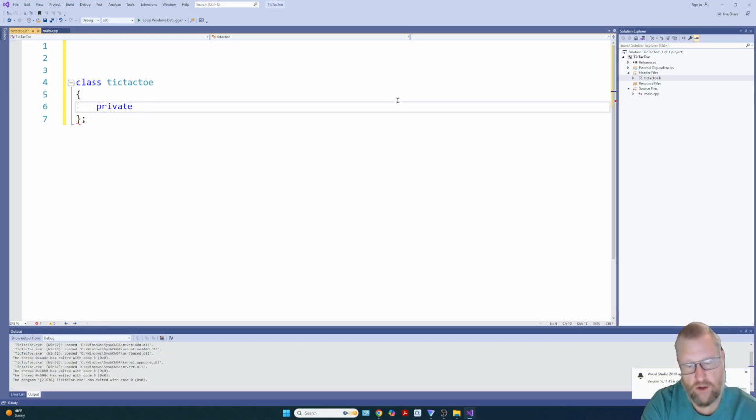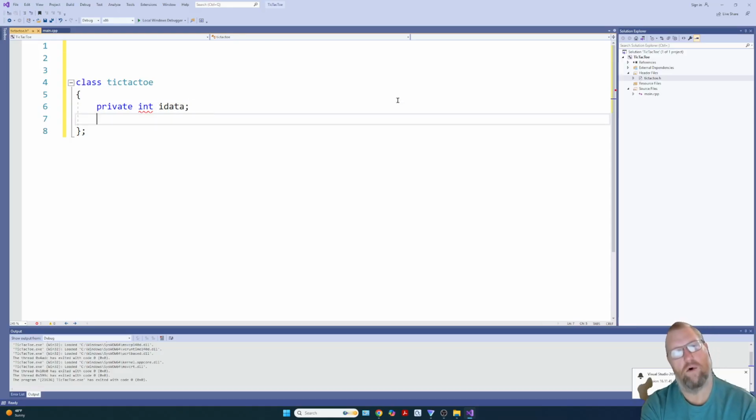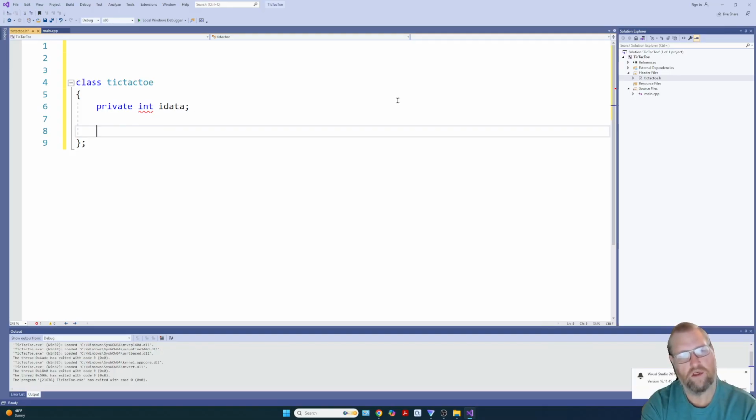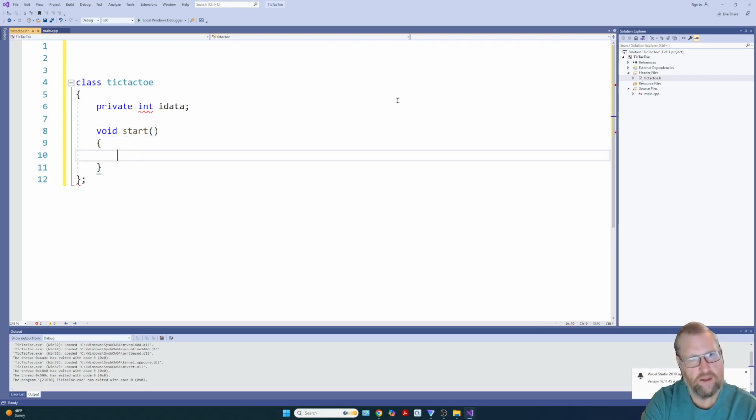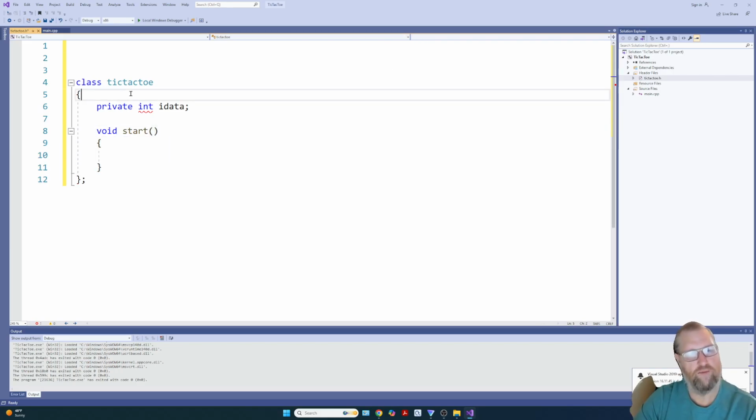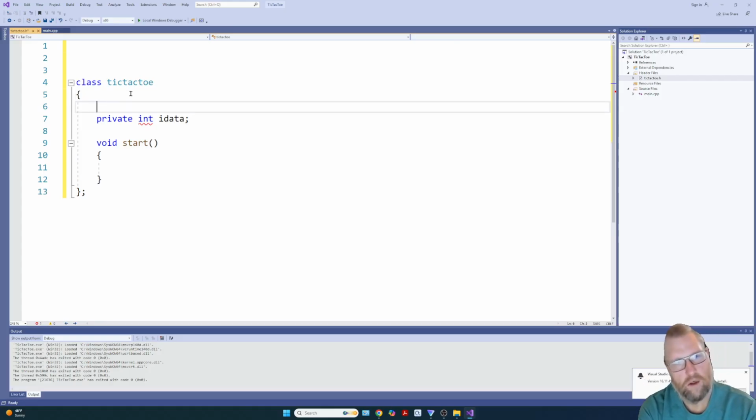We've got Tic-Tac-Toe. We're going to have an int array, and I'm just going to call it data because it's private. The people that are using it shouldn't even know about it. Because what we're going to have in this class is a function. The only function that we care about is a start function, and the start function is going to be where everything happens. And in fact, this could be in the constructor, but